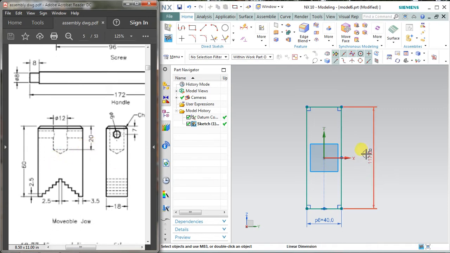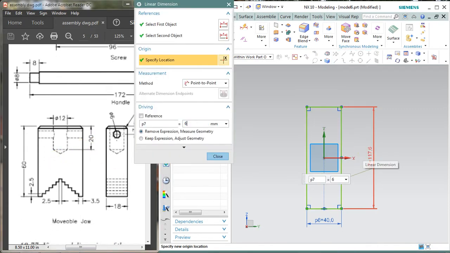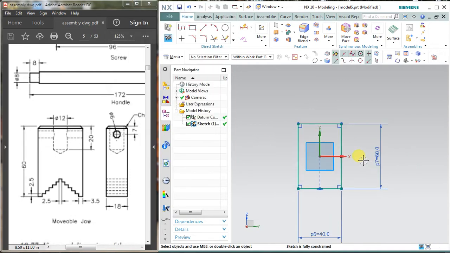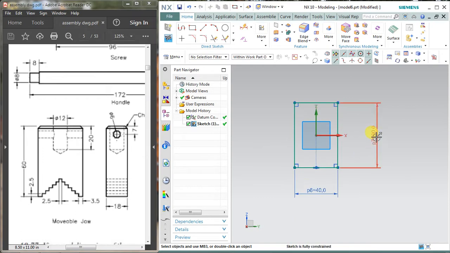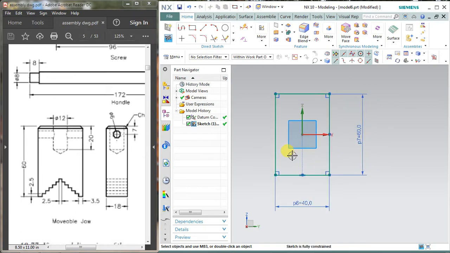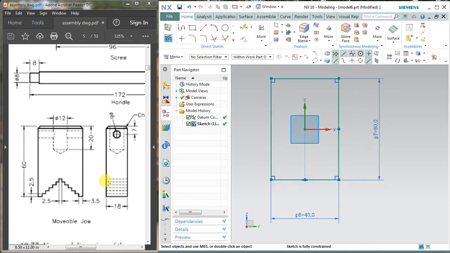And the height is 60 mm, so you can change it by just double clicking on the temporary dimensions to make them permanent. Now I am going to trim this bottom line, because I have to make this zigzag portion.